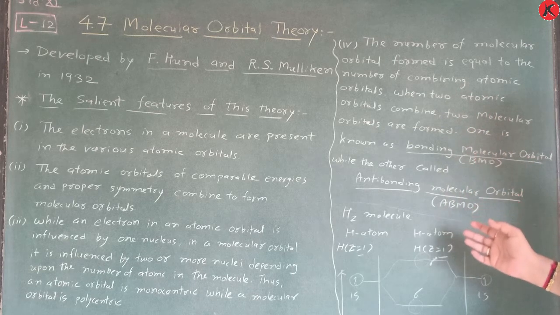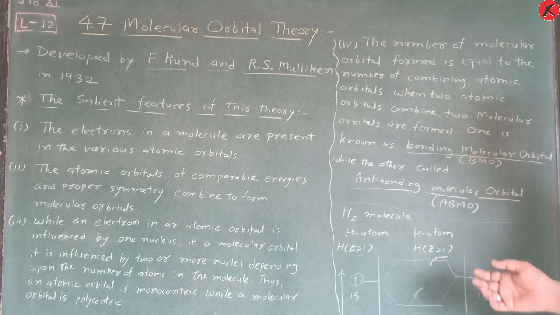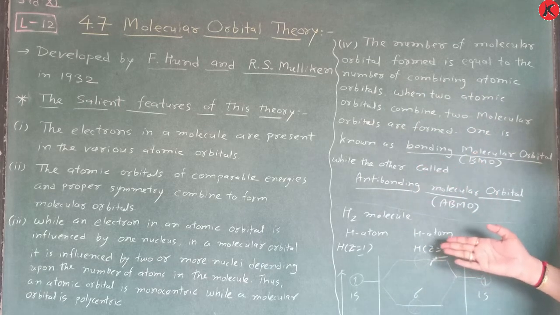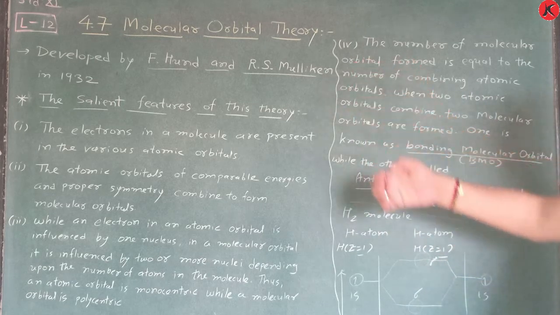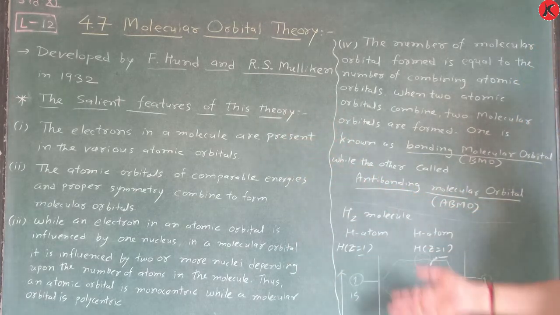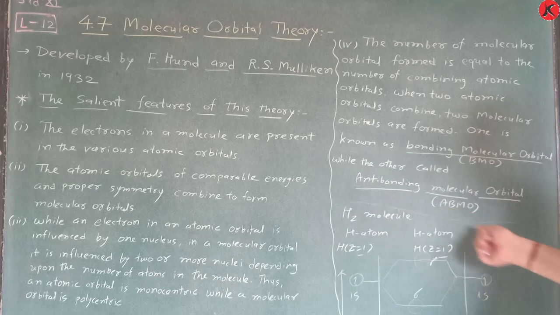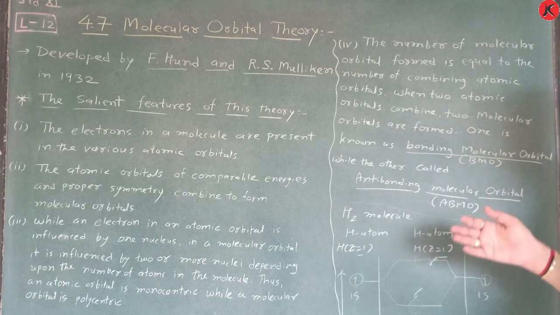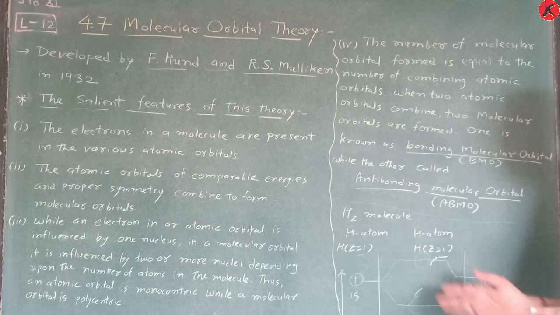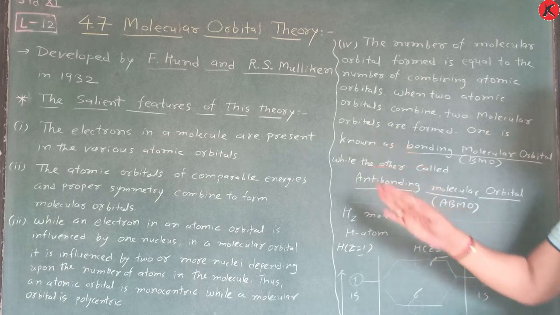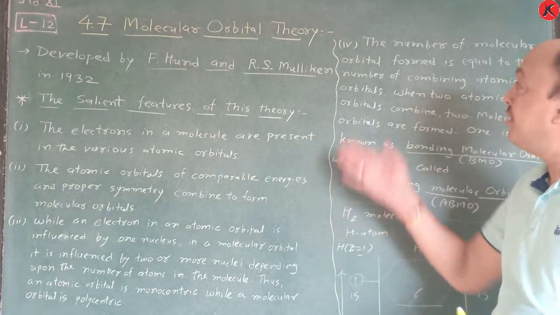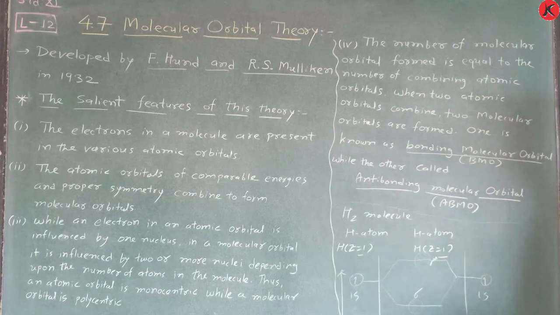Feature 4 is complete, and now the 5th, 6th and 7th, total 7 are there. So we will learn them later, and in lecture number 12 we just remember these salient features of molecular orbital theory. This is very easy, and at a later time I will explain these salient features also. So don't bother about that. This is classical mechanics, and in that you have to learn many things. So write it completely. Take a screenshot.